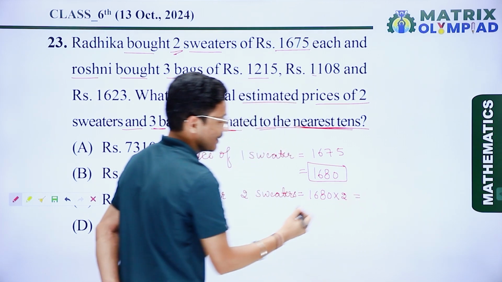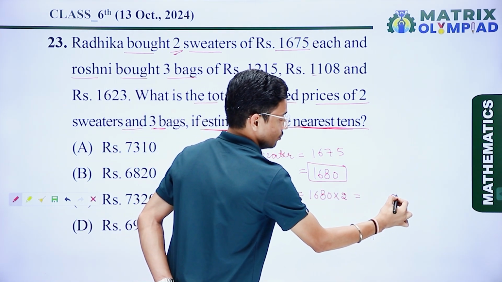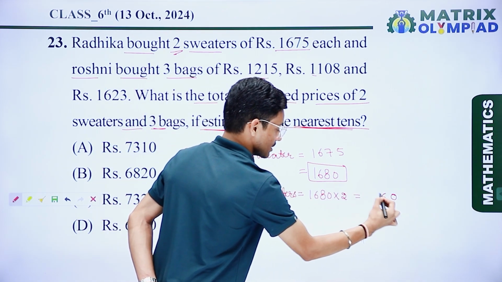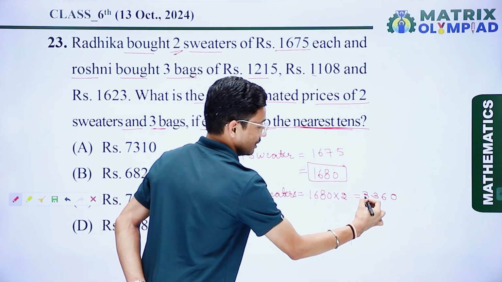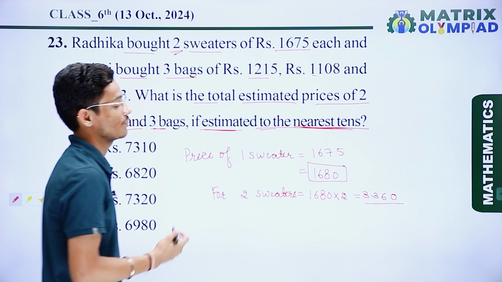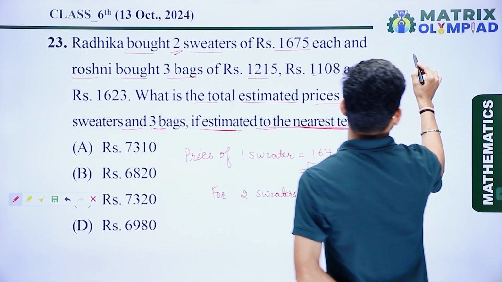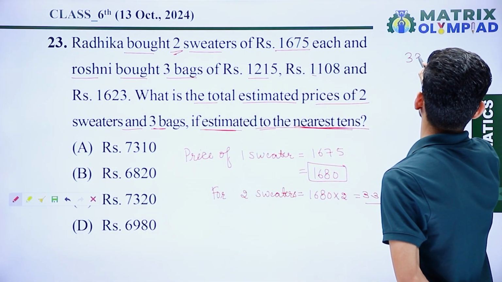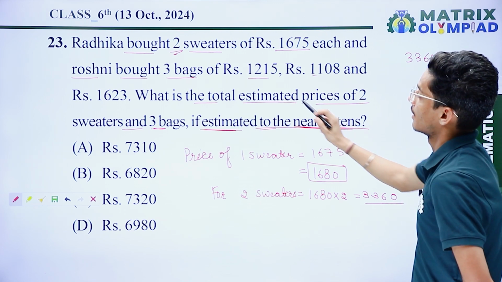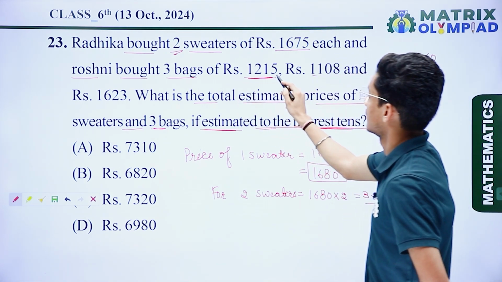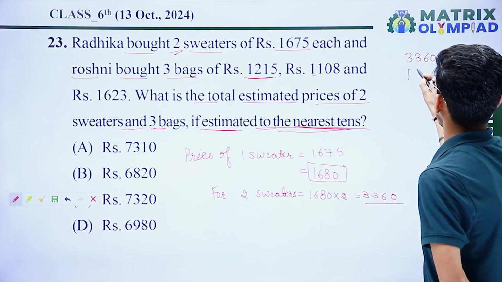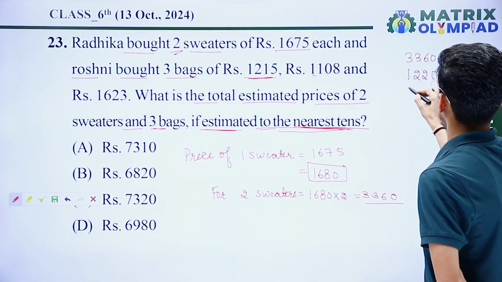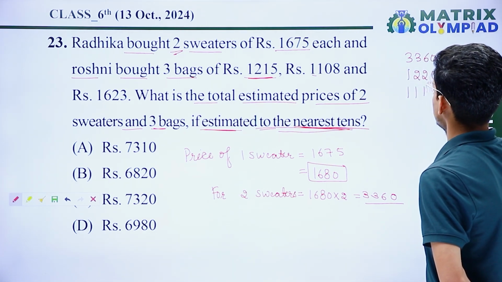So here if I multiply this one, I get 0, 8 6s are 16, carry 1, 6 2s are 12, plus 1 is 13, carry 1, and 3360 for the price of 2 sweaters. So here I can say that the price of 2 sweaters is 3360, and for the price of the bag, here we have given 15, so we have to find the nearest 10. So I can say that 1220, 1110 and